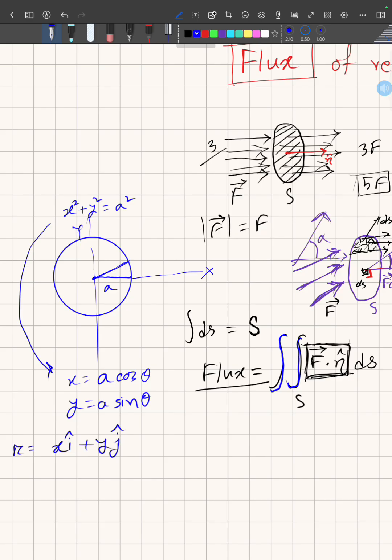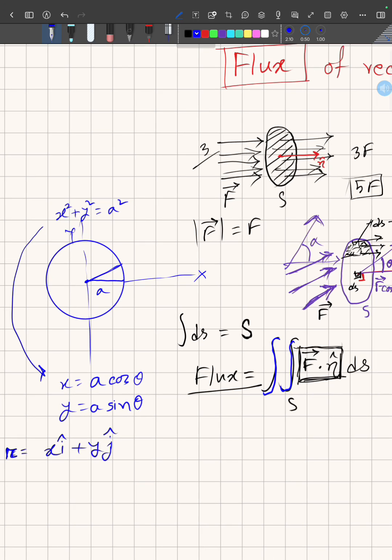Okay, so let's say this is our path, x i cap y j cap. So what exactly is the path? This is the round that's moving round and round. This is our path. Okay, so if we say a cos theta i cap plus a sin theta j cap,